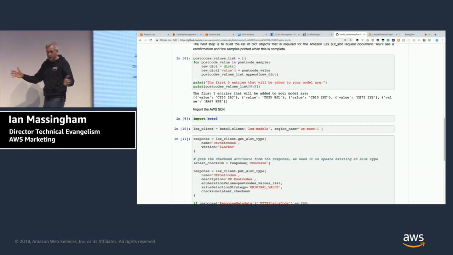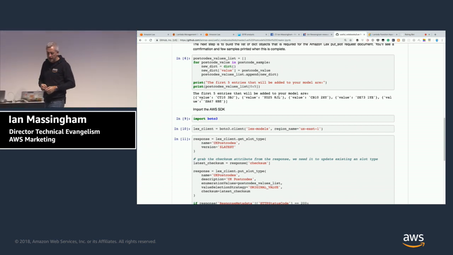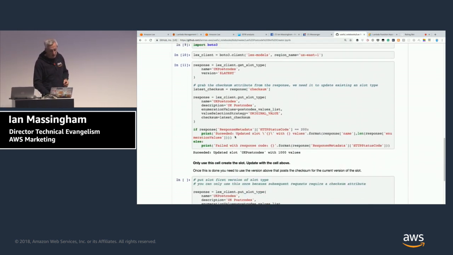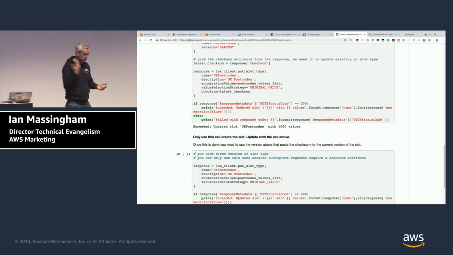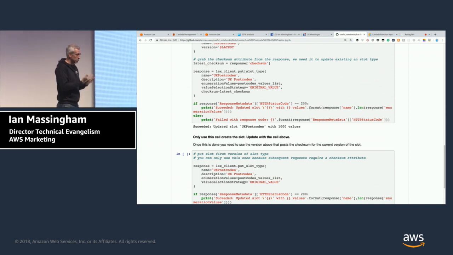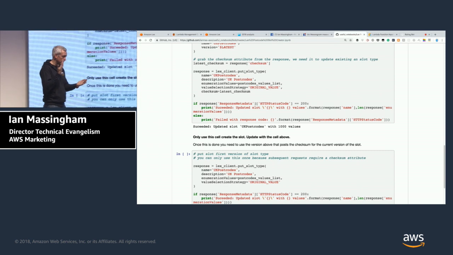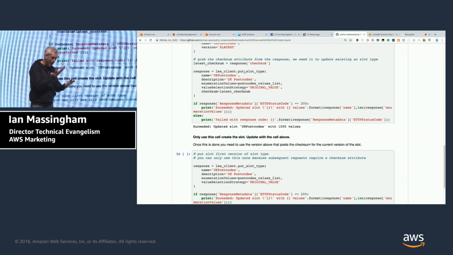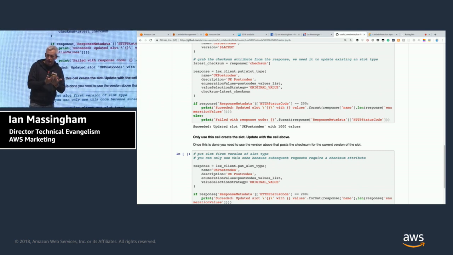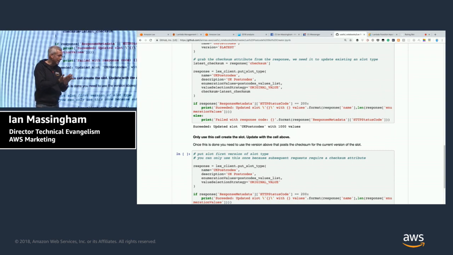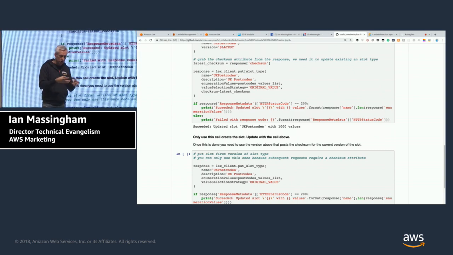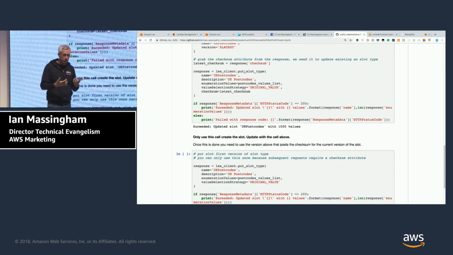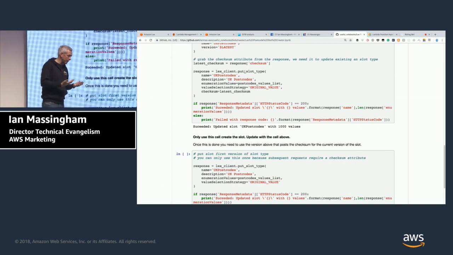So I have a long list with 1,000 key value pairs in it. And then I can use the Lex client put slot type method on our API to fire that 1,000 postcode sample list into the slot and perform model retraining based on that extended list of postcodes, which gives me a really good basis upon which to resolve down other postcode samples that customers might input when giving address data.